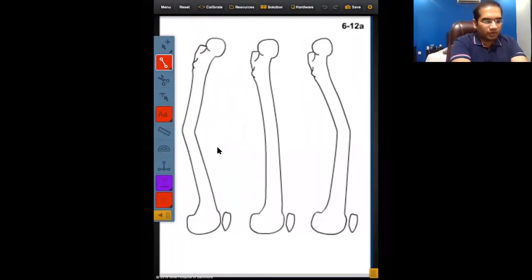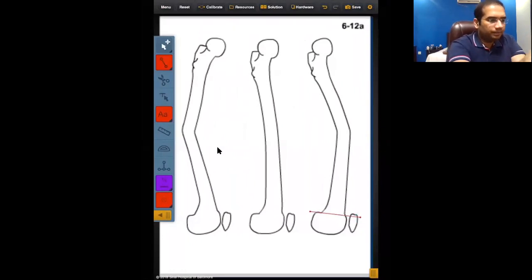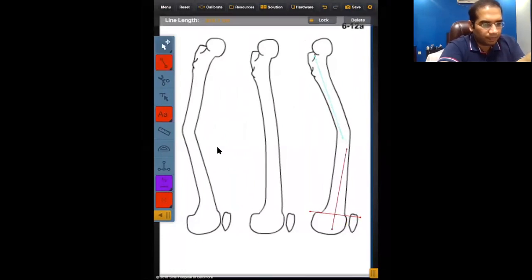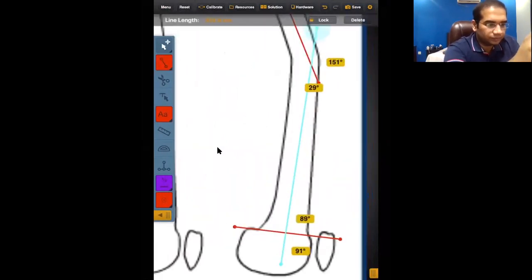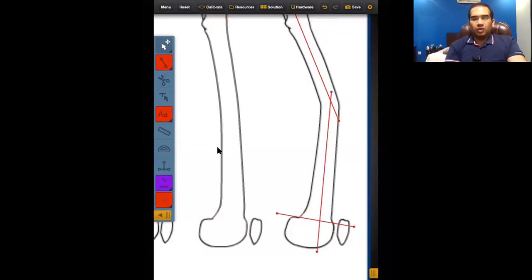here. Again, what we are going to do over here is, again we are going to draw reference lines, a mid diaphyseal line, a line over here, the mid diaphyseal line. This is more or less the representative of the shaft. Okay, so I've drawn the line,